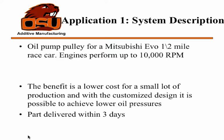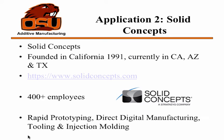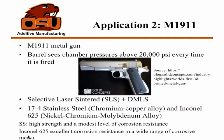manufacturing. And the second example is this company called Solid Concepts, which was founded in California in 1981, but now they have presence in California, Arizona, and Texas. They have more than 400 employees, and they focus on rapid prototyping, direct digital manufacturing, and tooling and injection molding. One of the examples that they advertise is the 3D printing of this gun, the model M1911,